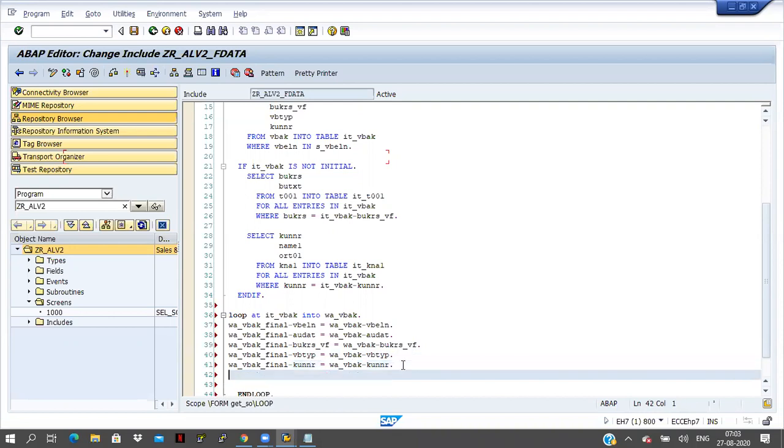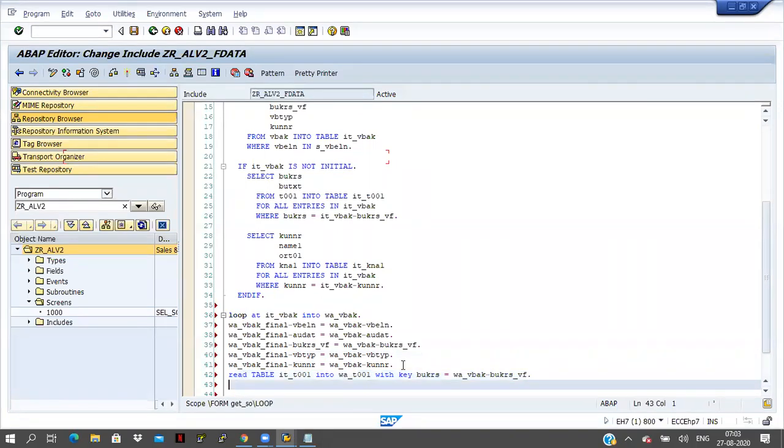Right. Now read table IT T001 into work area T001 with the key bookers equal to work area VBAK hyphen bookers underscore VF. Whenever we are writing read table syntax, in the next line only we have to take the if condition.